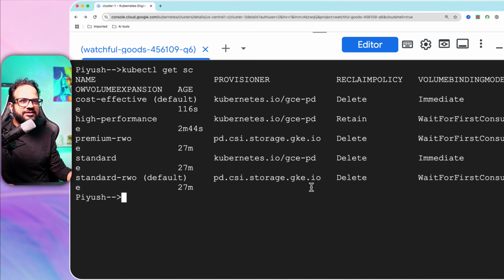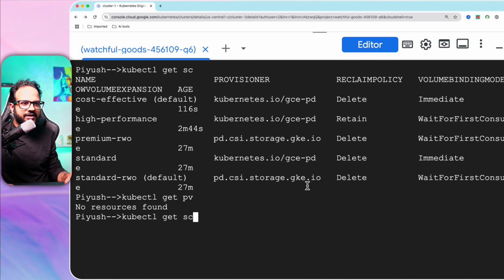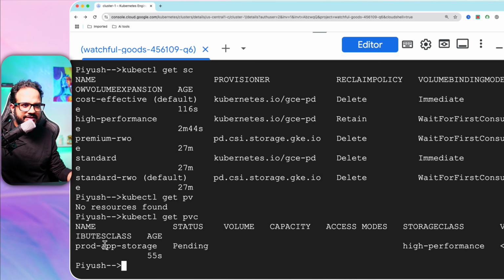Get storage class. So we have created the one for production, and it says name is high performance. Okay, get pv again, nothing is there. Get pvc. Okay, it says pending. Storage class is high performance,